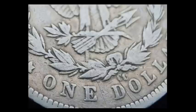This coin ended up selling for $129.23 with 25 bids. There's quite a bit of activity. People wanted this coin. The tail bar is quite expensive in much higher grades. Sells for many hundreds, if not thousands of dollars in mint state grades. And given that it's an 1890 CC, that really doesn't help the cause any when you're looking for a mint state example. There's just too many things going on here that really raises the bar for these top 100 Morgan